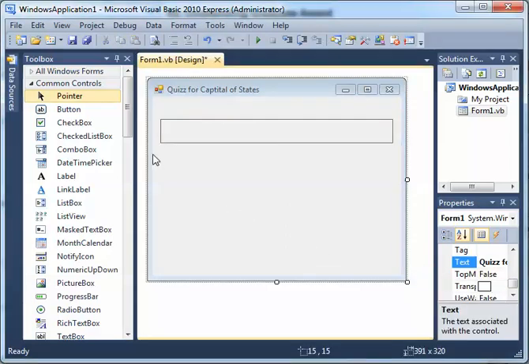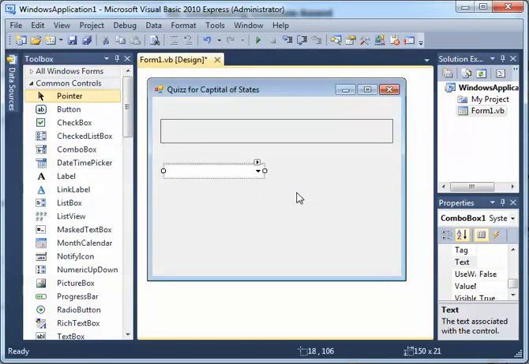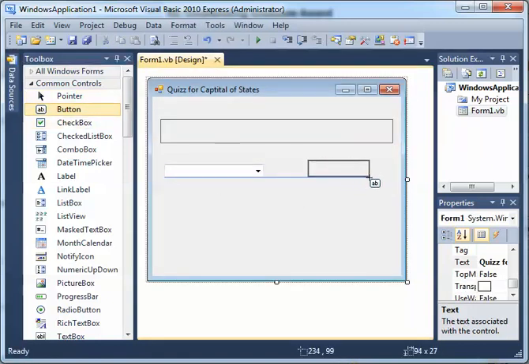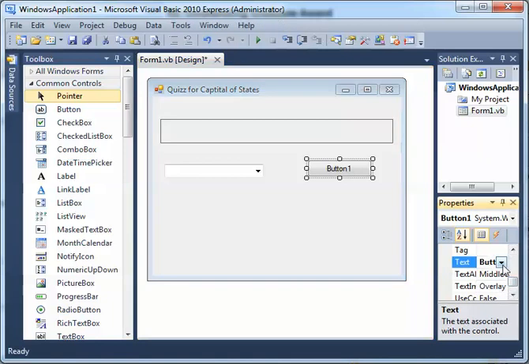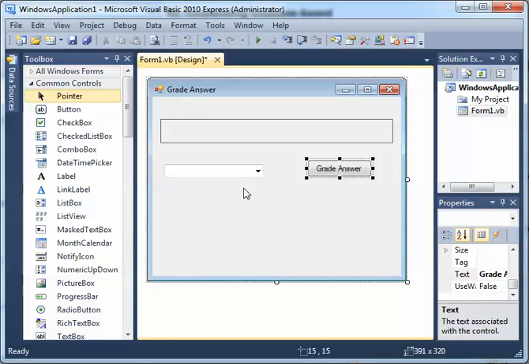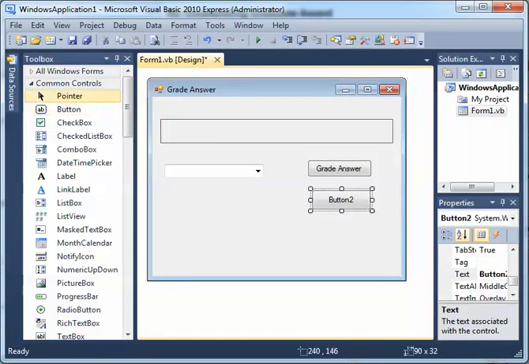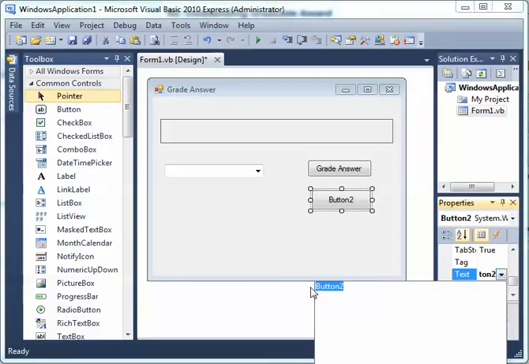Now we are going to use a combo box. We haven't used combo boxes before, so here there is a combo box. So this combo box is going to have my multiple choice, my possible answers for the question, and we need two buttons. Once we're ready, we want to grade it. So here we're going to call this grade answer, and we need another button for new question. Let's say new question,